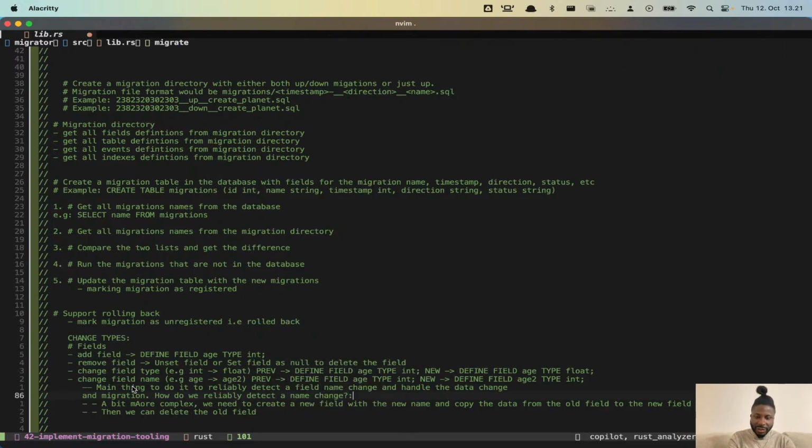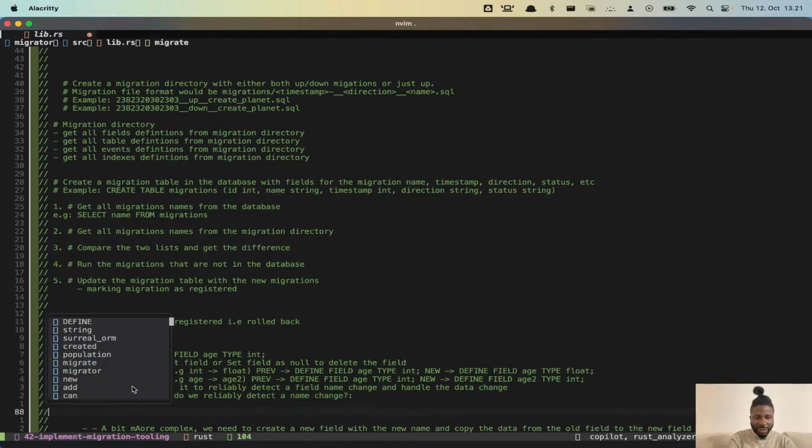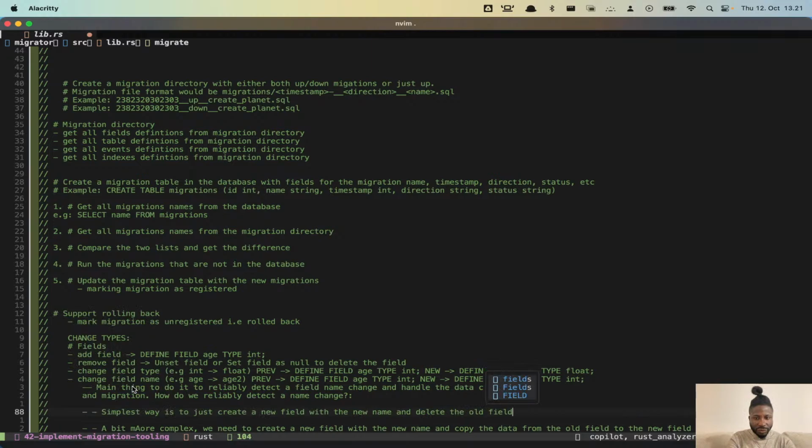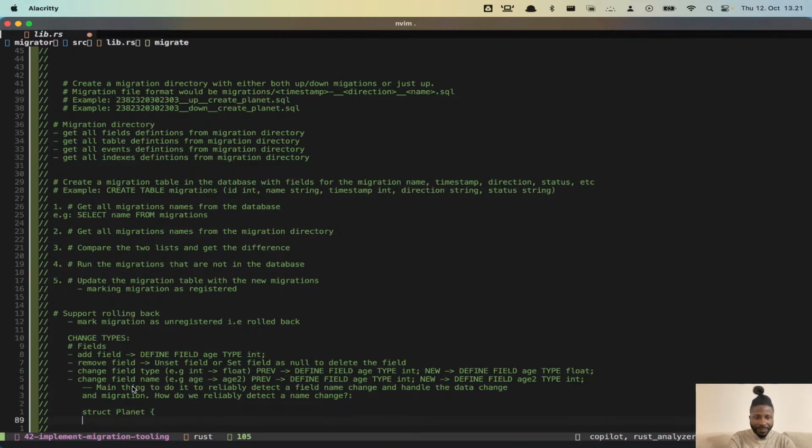We have different strategies that I've been contemplating. I'm going to note the strategies that I was thinking through this morning. It's not that simple, because if you create a new field, then what about the data? Are you just going to delete the entire data? So if you have a struct, let's say a struct planet, one of the strategies I'm contemplating